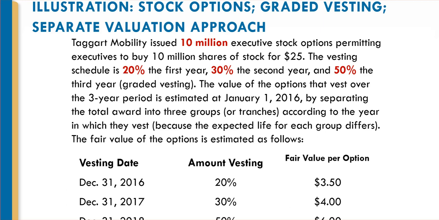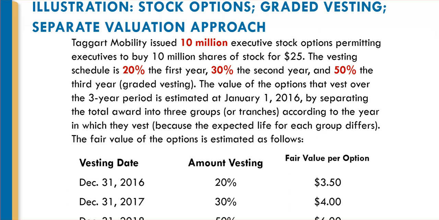For those that vest in 2017, which would be 3 million shares, that needs to be gotten rid of or totally put into the paid-in capital account by December 31st, 2017, or over 2 years. Lastly, the part that's kind of cut off here, the 50% or the 5 million that's going to vest on December 31st, 2018, needs to have completely gone through the income statement, completely recorded to paid-in capital by December 31st, 2018, and that looks like 3 years to me. So let's spread it evenly over 3 years. So that's fairly easy to think about, isn't it?